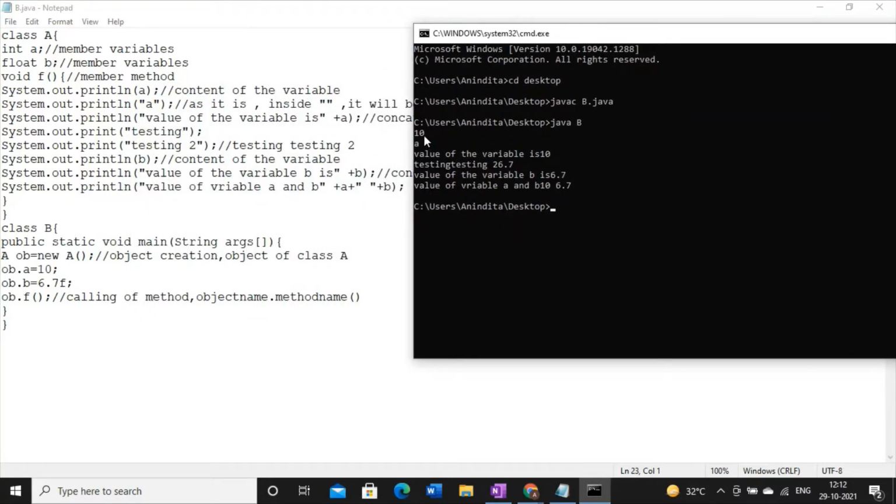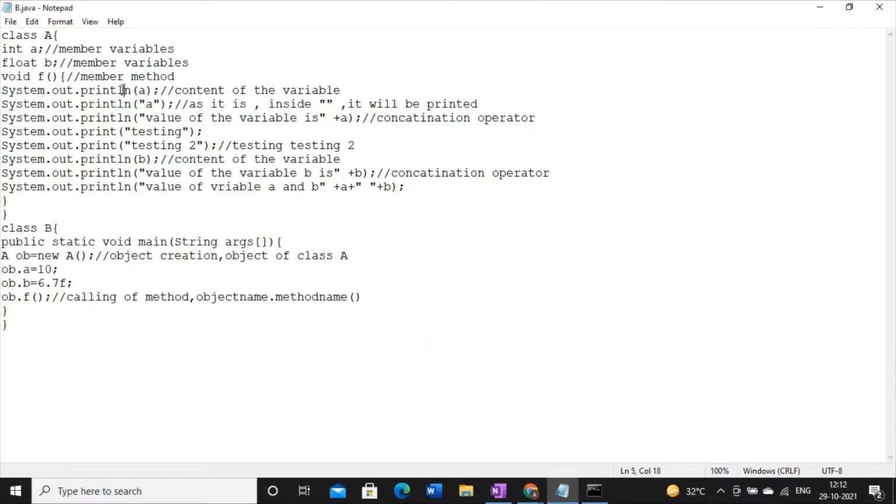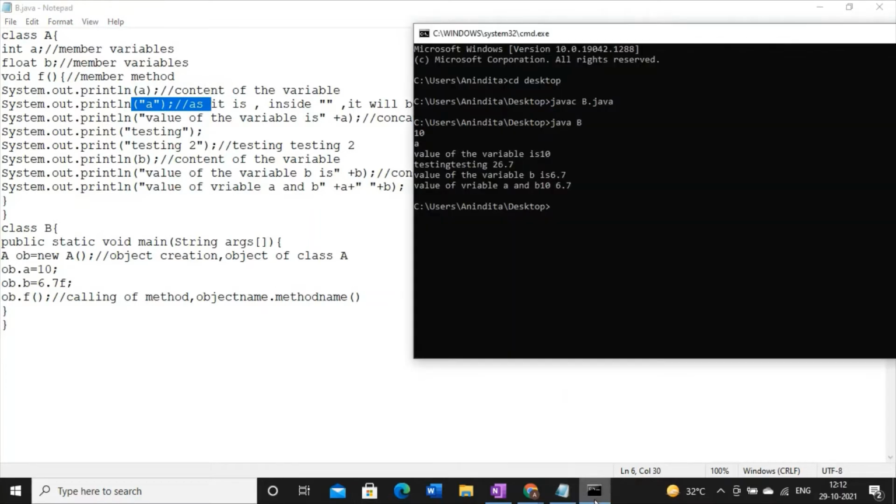See, it is displaying all the outputs. See here, 10. Why 10? This is printing the value of a, this one. Then it will print A. Content of a is 10, and within double quotes we have A, so whatever we have in double quotes, it prints as it is. Then the value of the variable a: the value of the variable is then plus a, so it is showing the value of the variable is 10.